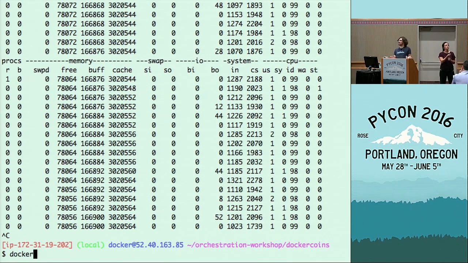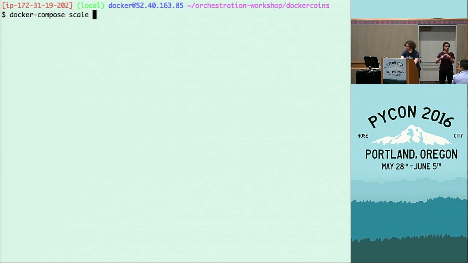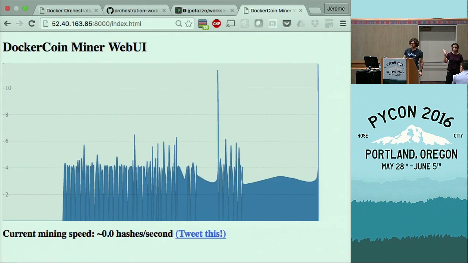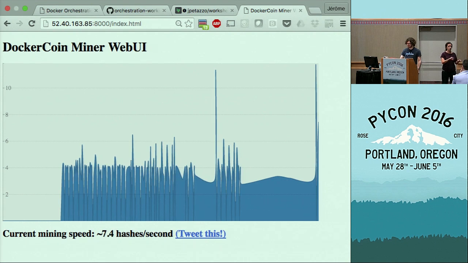And if we're lucky enough, that should just work, because now we have multiple workers doing the whole get random data, post the data, increment the counter, and again and again. So docker-compose scale worker equal to